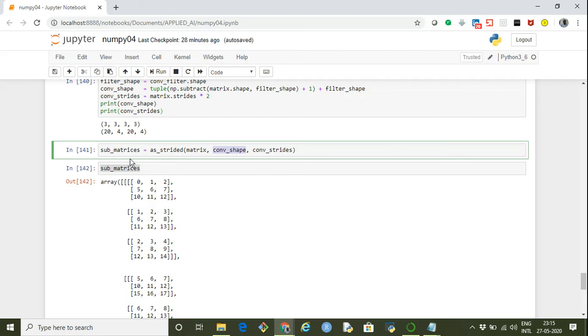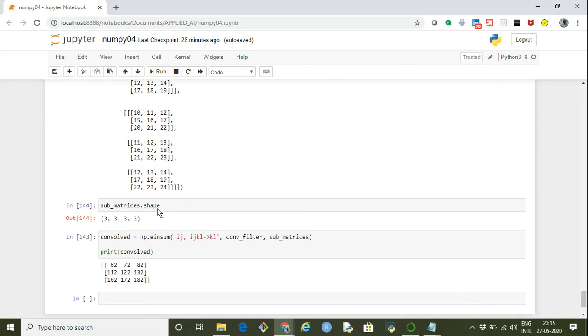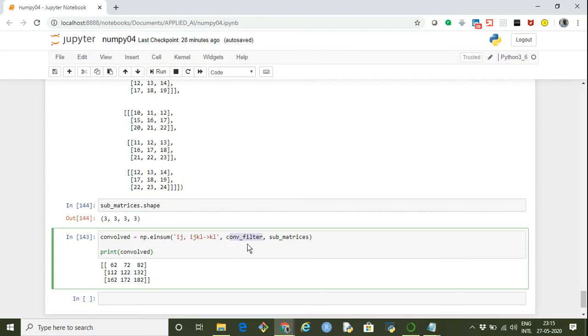That is, we create sub-matrices of 3 by 3 size from the bigger matrix, and then we simply apply np.einsum. ij represents the smaller matrix, the convolution filter matrix that we want to multiply, and the sub-matrices represent each of the 3 by 3 matrices that we created from the bigger matrix.